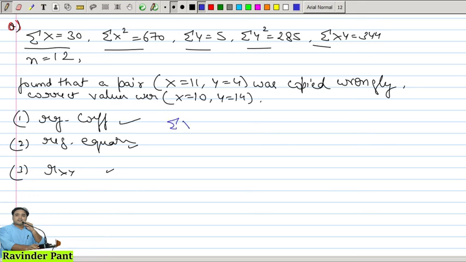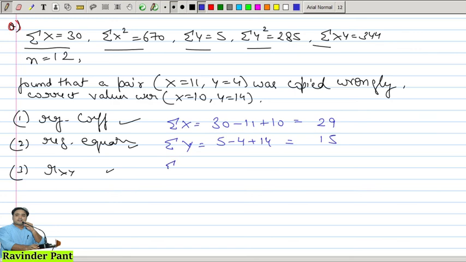समेशन x इसको करेक्ट करना है. कैसे करेंगे? 30 रहा होगा, 30 में से गलत वैल्यू ऐड हुई होगी, इसको माइनस कर दीजिए एंड यू ऐड द करेक्ट वैल्यू. सो योर न्यू समेशन x विल बी 29. सिमिलरली फॉर समेशन y, समेशन y इज 5, माइनस करेंगे गलत वैल्यू, ऐड करेंगे करेक्ट वैल्यू, इट विल बी योर 15.